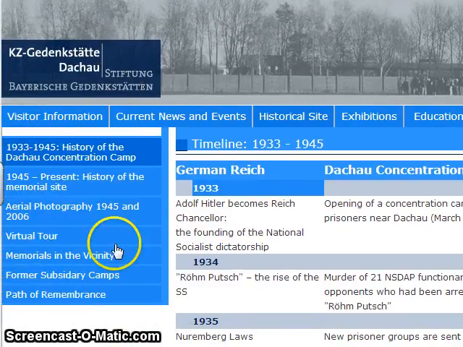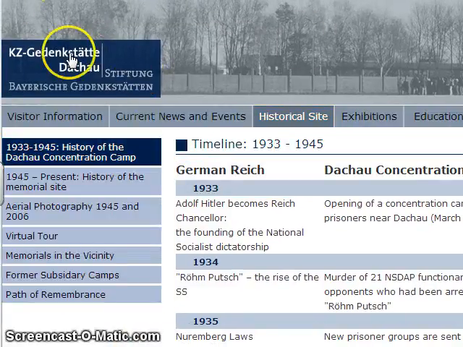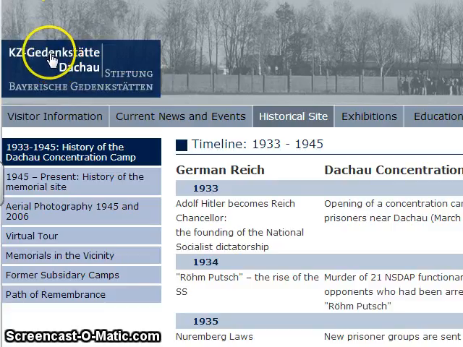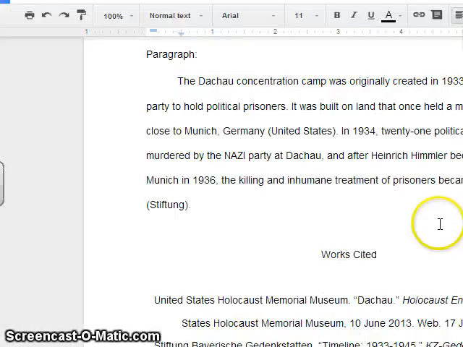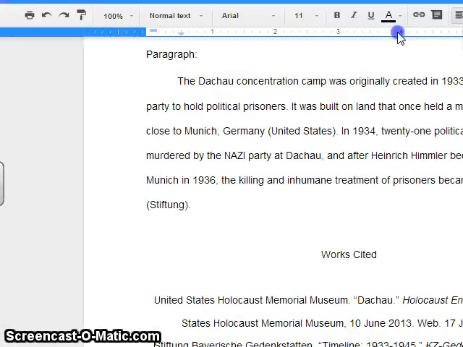Okay, I had to look at the title and such of the website. So the website is KZ Gedenkstätte Dachau. Stiftung Bayerische Gedenkstätten, that is the institution, or it's really a, oh gosh, an organization who is like the sponsor, and so they get credit for creating this page as the author. So when I write my works cited, here is